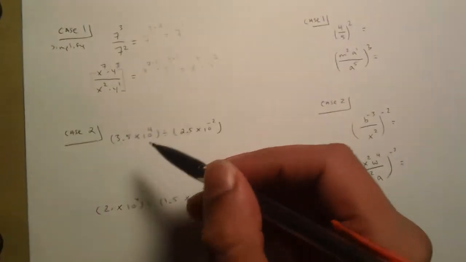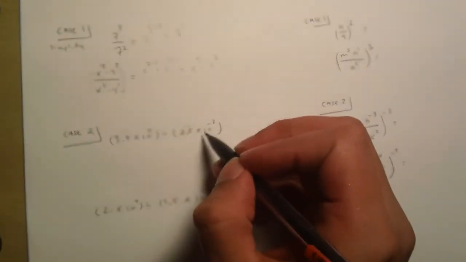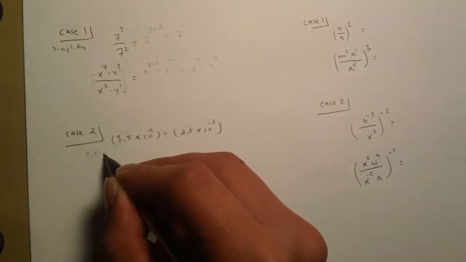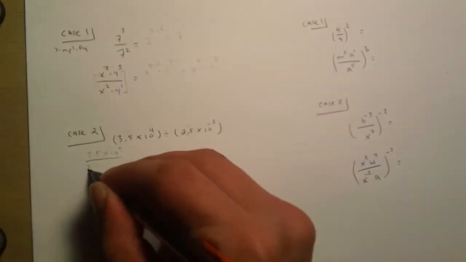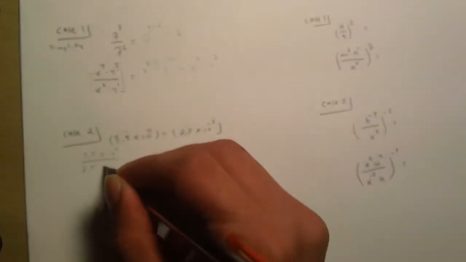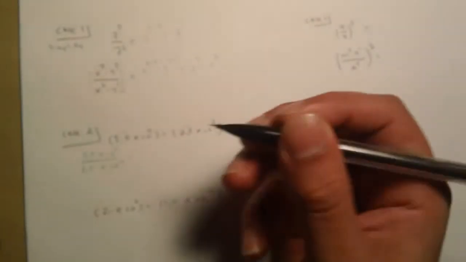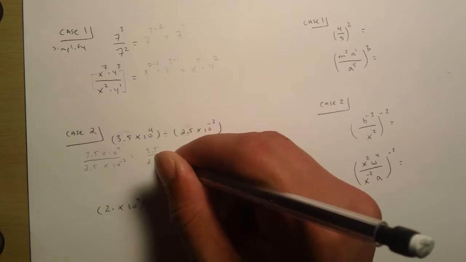So 3.5 times 10 to the power of 4 divided by 2.5 times 10 to the negative 2. We could set it up as 3.5 times 10 to the 4th power divided by 2.5 times 10 to the negative 2, which would equal 3.5 over 2.5